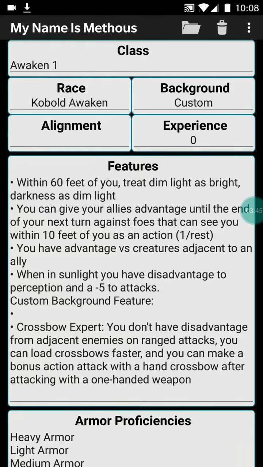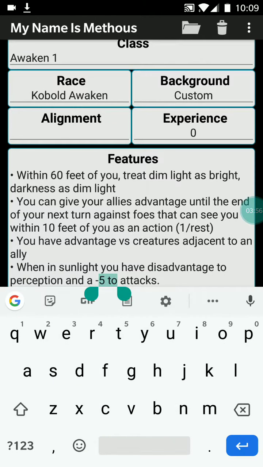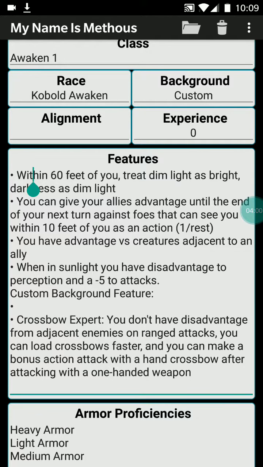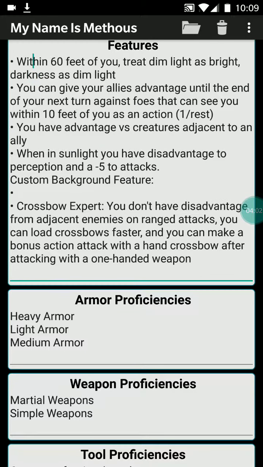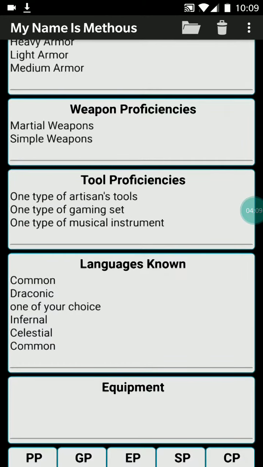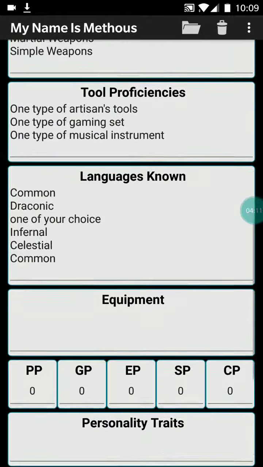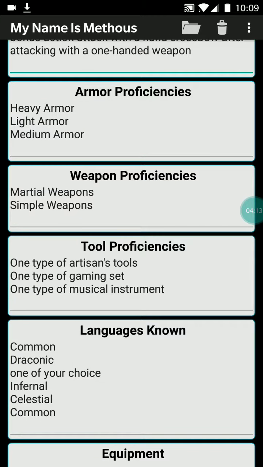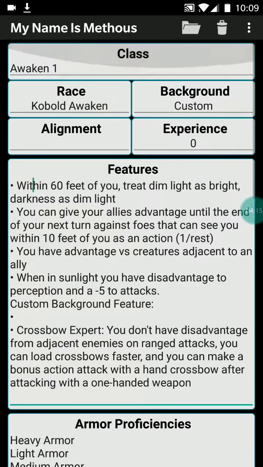I have made it so that it still says the same things as a normal Cobalt. So, as a Cobalt, you get 60 feet darkvision and disadvantage on attacks while in sunlight, but I made a slight change where I said -5 to attacks instead of just disadvantage. It's effectively the same mechanic, just less punishing. And then you've got your feat that it has already added in. And these things down below are because I chose Awaken as part of my